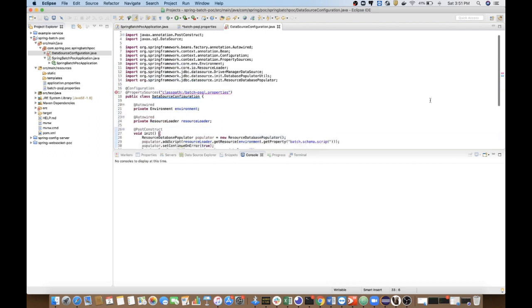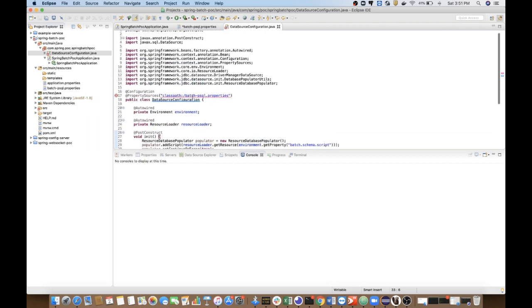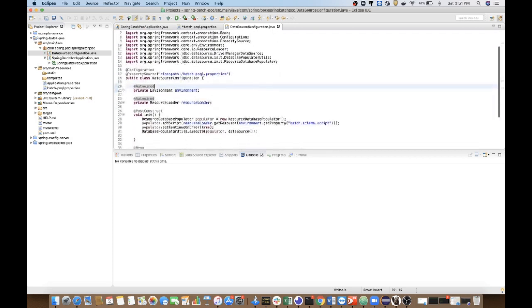It is still showing some error. I don't know what it is. Okay, this is the error, and it is saying class batch property sources. We need to use source. Okay, now it is resolved.